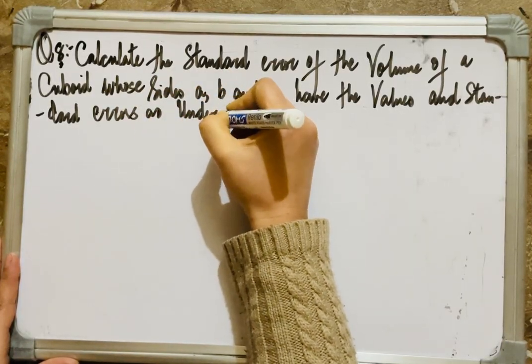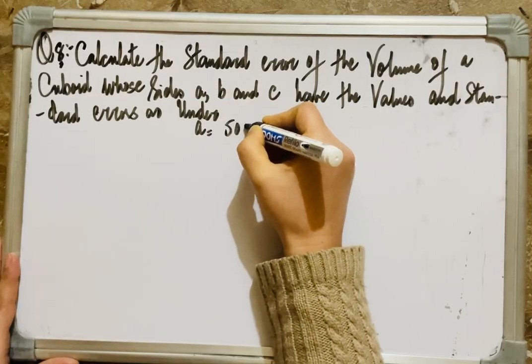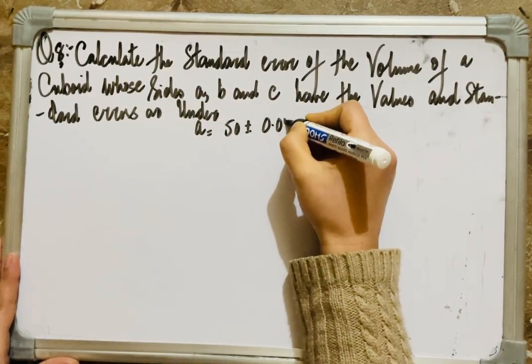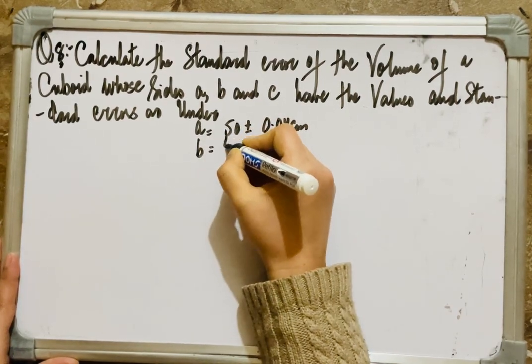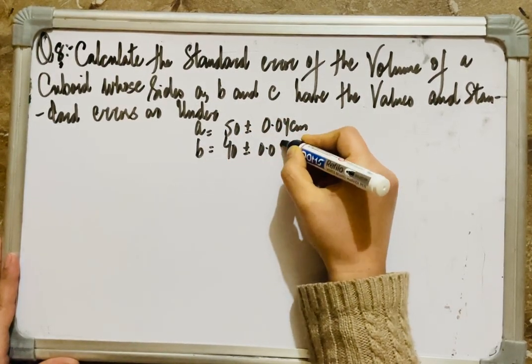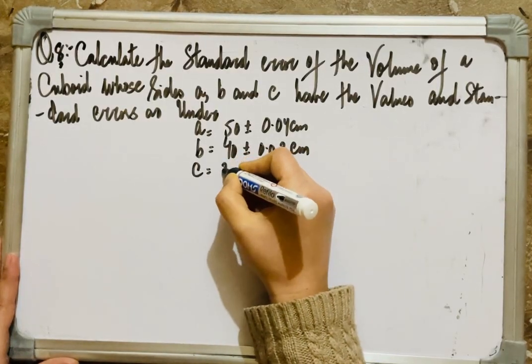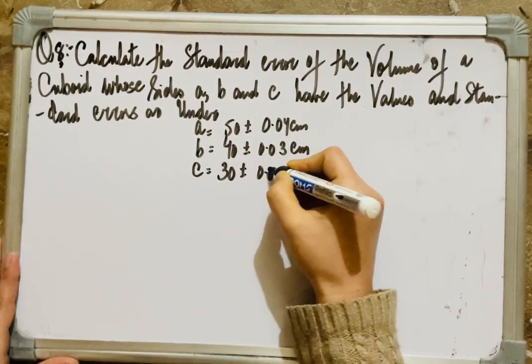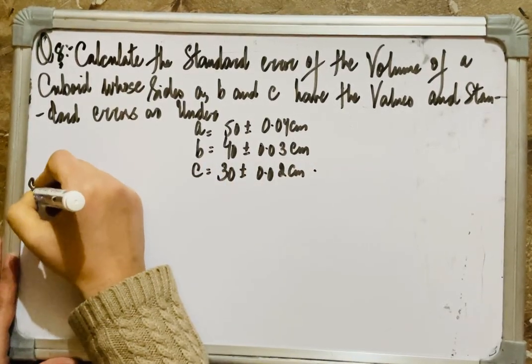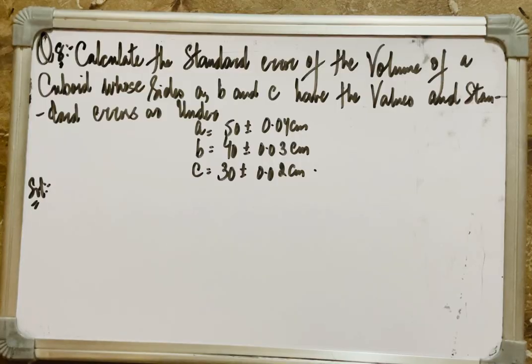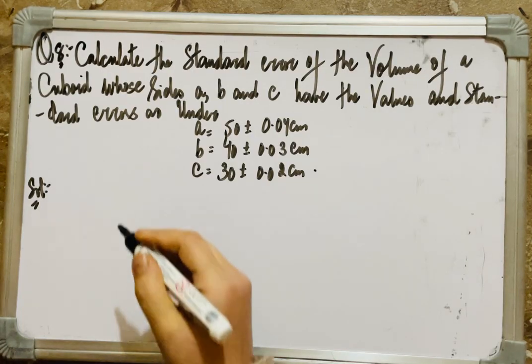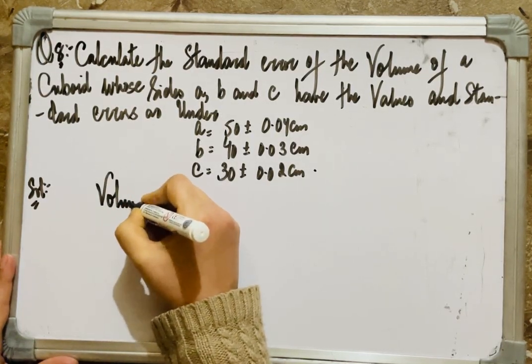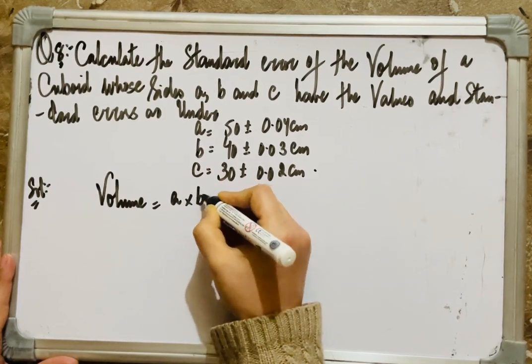All right. A is 50 plus minus 0.04 centimeters. B is 40 plus minus 0.03 centimeters. And C is 30 plus minus 0.02 centimeters. All right, so this is the question. The question says calculate the standard error of the volume of a cuboid whose sides A, B, and C have the following values along with their standard errors. All right, so as we know, volume of a cuboid is equal to A multiplied by B multiplied by